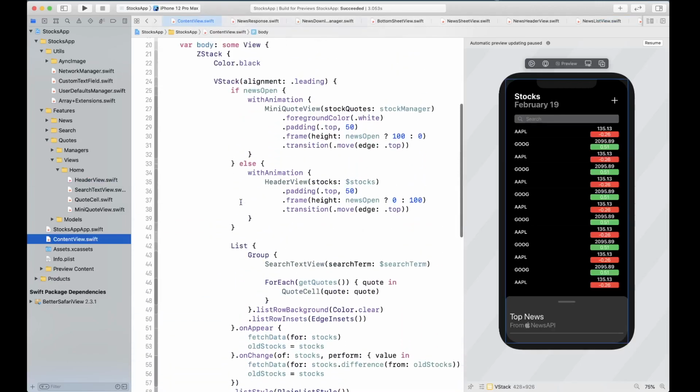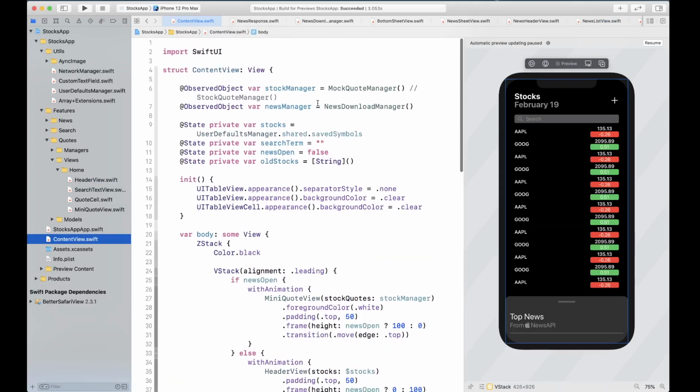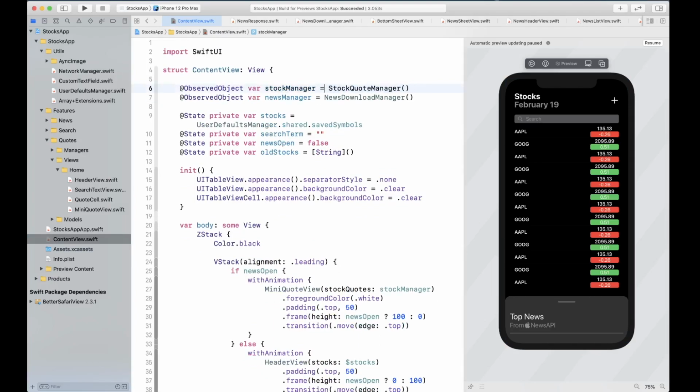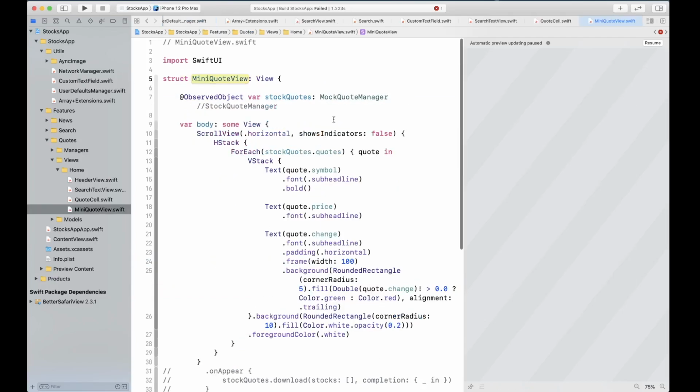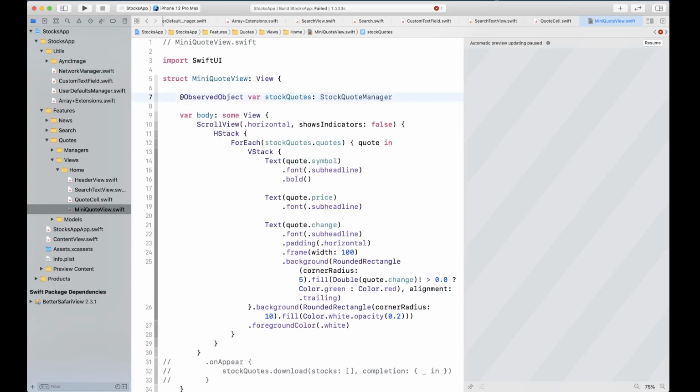Okay, all right, so I believe that's pretty much it. So let's do one last thing. I'm gonna remove this mock download, and it's time to test the app. So we're gonna run. Stock Manager is there, so let's see. Okay, so the mini quote view should take a stock manager. Yeah.